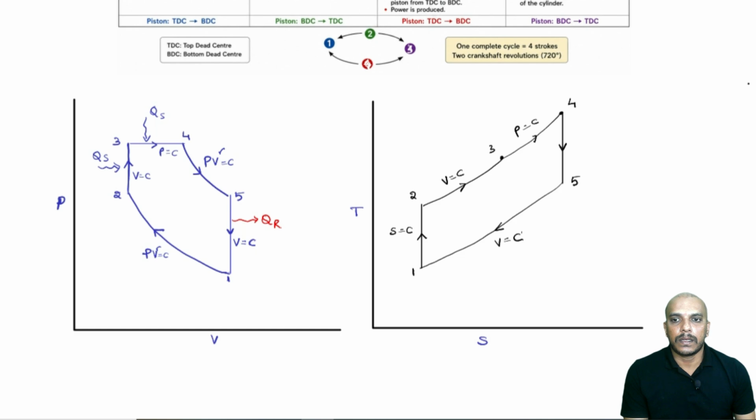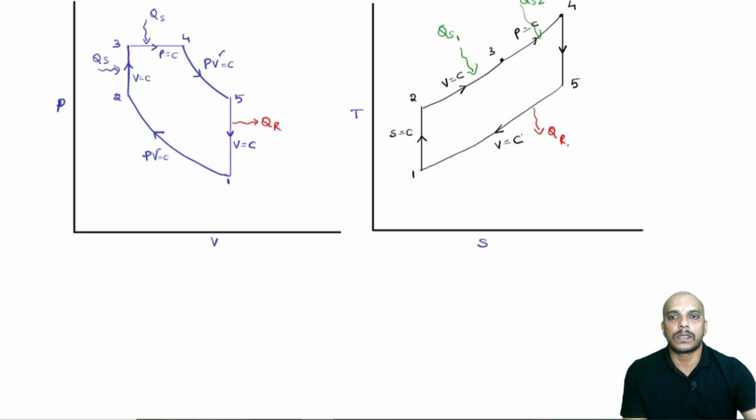We can again write here heat is supplied in two portions here. One is QS1 here, and also here it is QS2. Then heat is rejected here in 5 to 1. So, we can name these processes: process 1 to 2, reversible adiabatic compression,